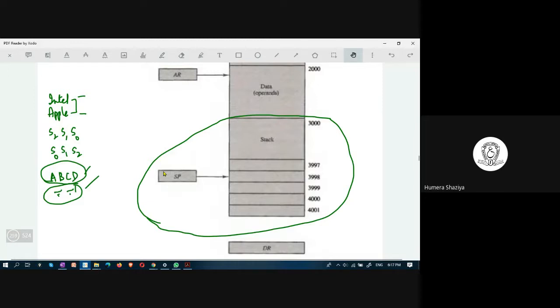In Intel and Apple also, when you learn computer networks, there is a concept that if you send 0005 from an Intel machine to an Apple machine, Apple will read this as 5000. That's why there is a set of protocols, TCP/IP protocols.